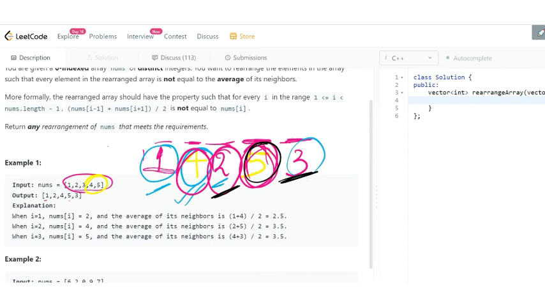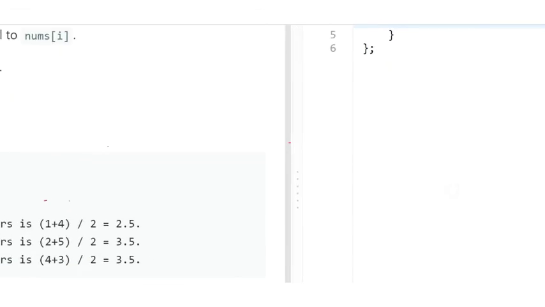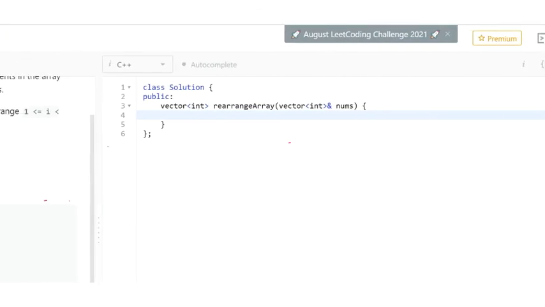Okay, so now we will write the code for this, and finally we will analyze the time complexity. So first we will find the size.